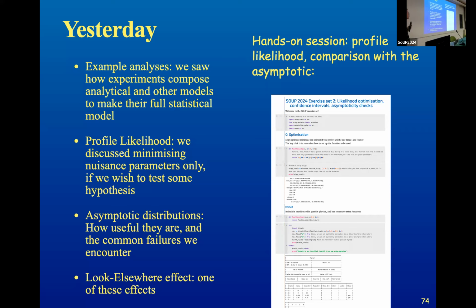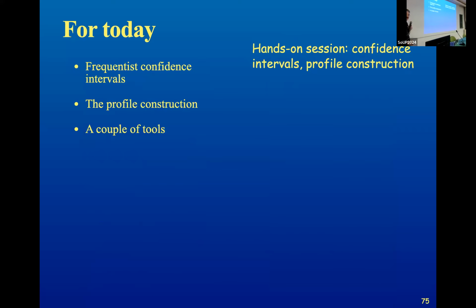And so for today, we have a rather short agenda, but these are going to be all big topics, which first of all is frequentist confidence intervals. Then we'll continue with the profile construction, which is the special case of frequentist confidence intervals. And then lastly, I'll just point you to two tools that you can have a look at if you want to get more into this, if you want more detailed tutorials on how to do this for quite a realistic example of a liquid xenon TPC likelihood. Then we have some proposals here.